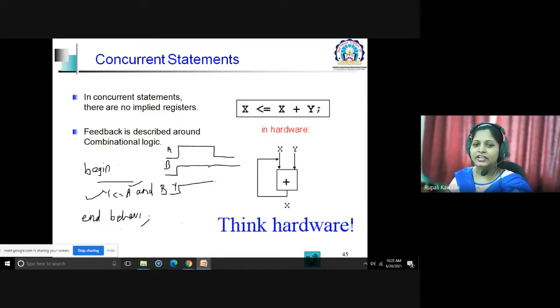Fine. And then it will generate your new value of y as a 0. So, whenever there is an event on the right hand side signals or operands, event means their value changes. If it is a 1, it switches to 0, or 0 to 1. If such a thing occurs on any signal, then the respective statement starts its execution. This is true for your concurrent statements.